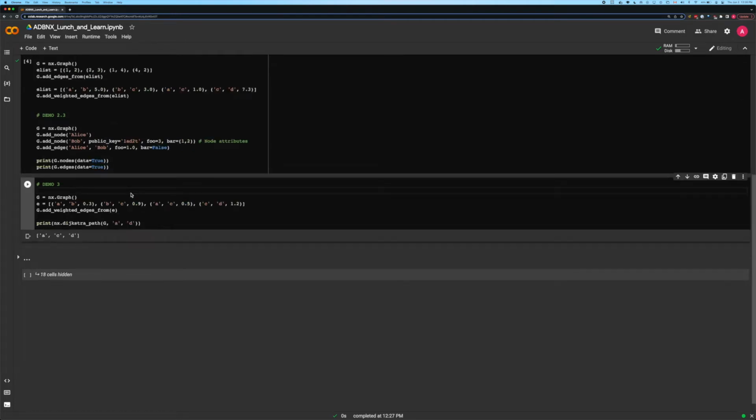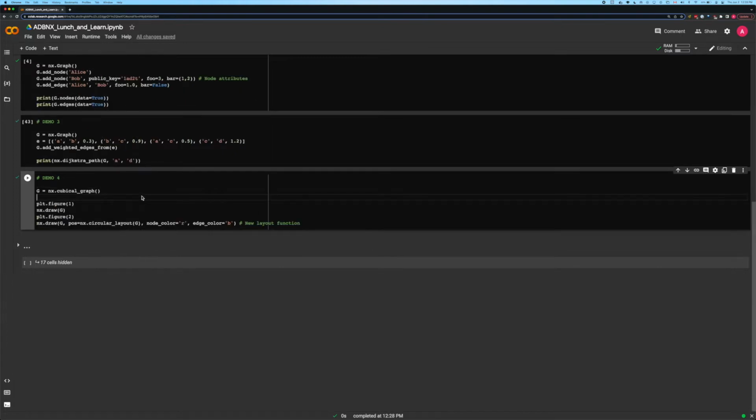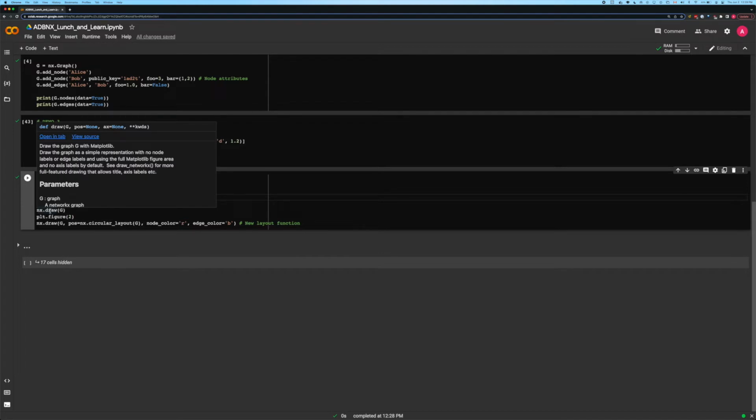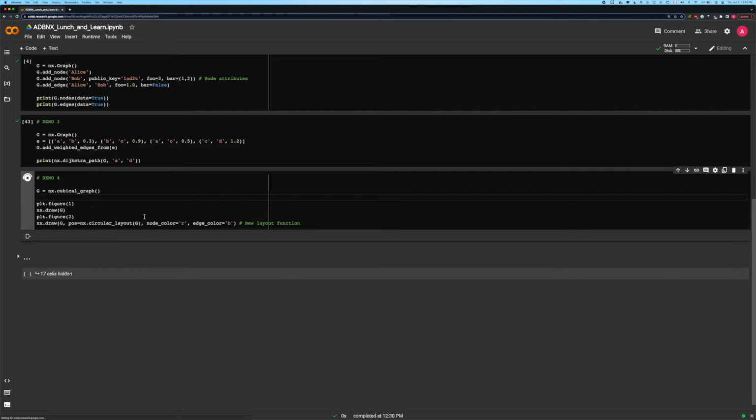There are a number of graph algorithms provided within NetworkX. These include shortest path, breadth first search, clustering, as well as isomorphism algorithms. For example, here's Dijkstra's algorithm with a sample graph. NetworkX also provides a simple interface to drawing packages and layout algorithms. You can rely on the default functionality of the draw method, as seen here, or provide further drawing specifications such as the layout function used, as well as adding colors.